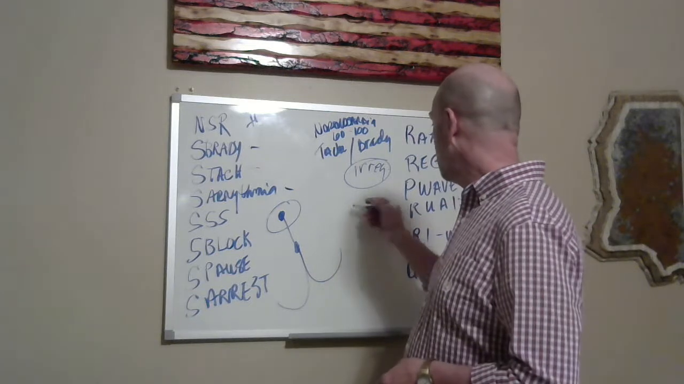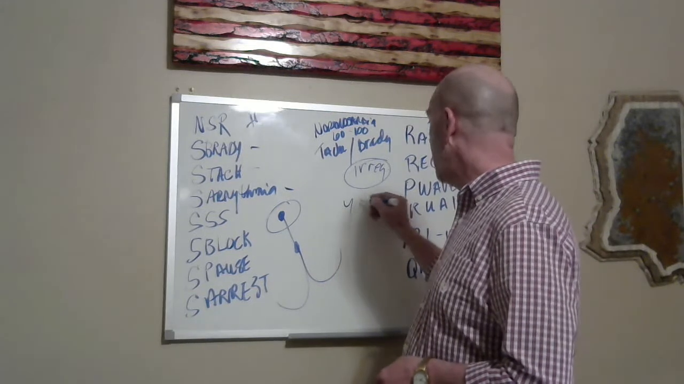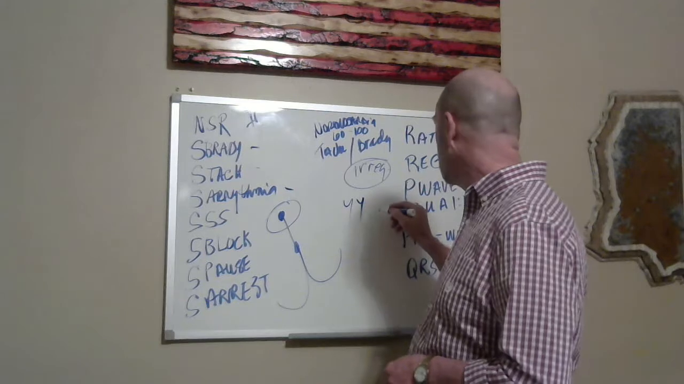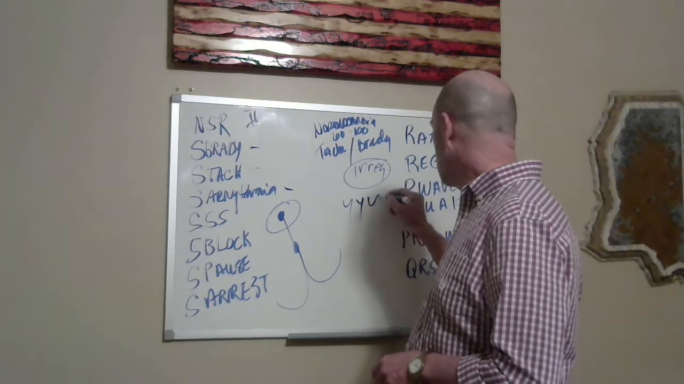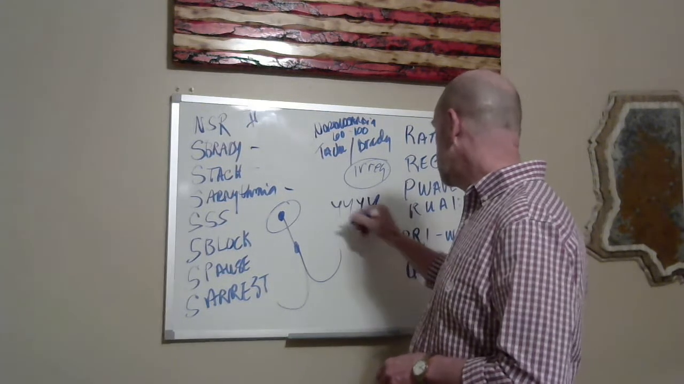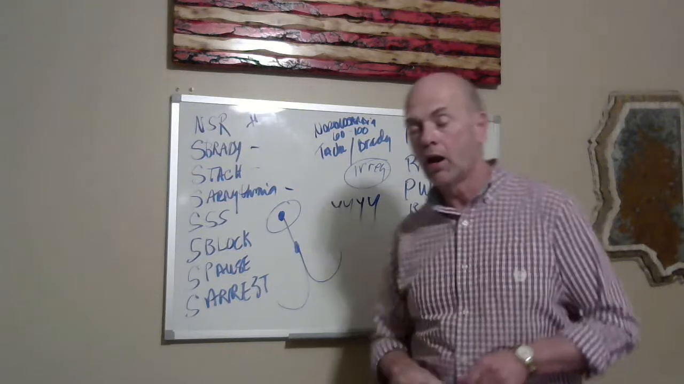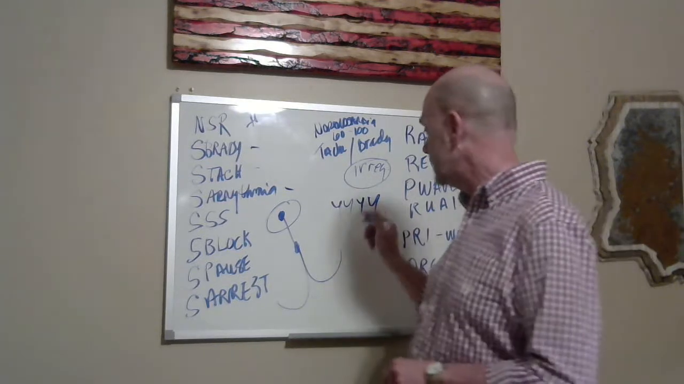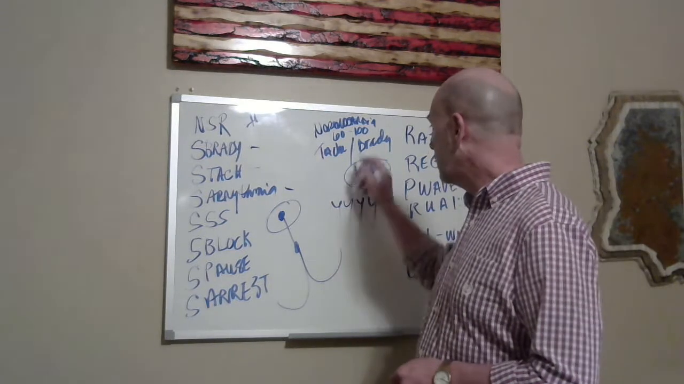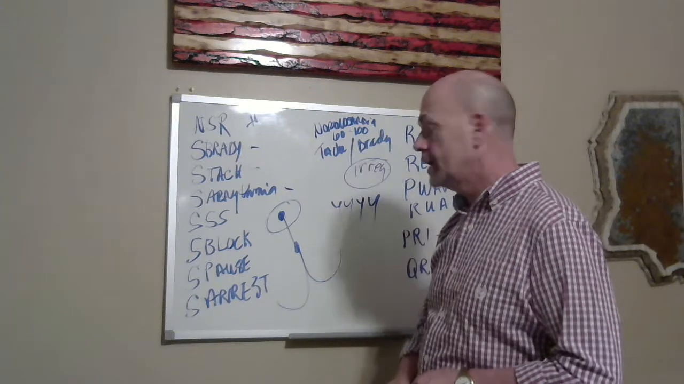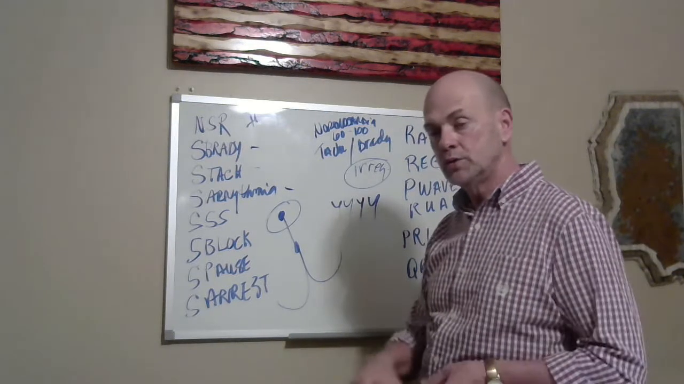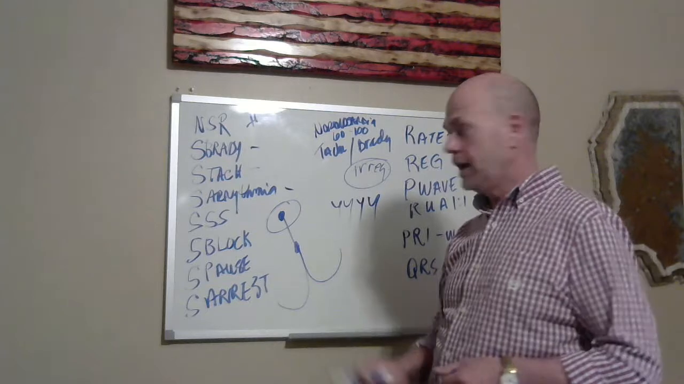Are the P waves all alike? Yes. Are they round and upright? Yes. Are they present, round, upright, all alike, and one-to-one with the QRSs? Yes. If they're not all alike, it's not sick sinus syndrome because some of those complexes are being generated somewhere